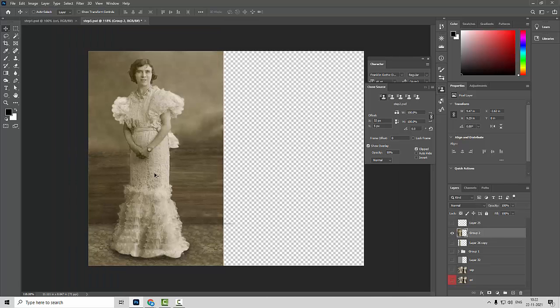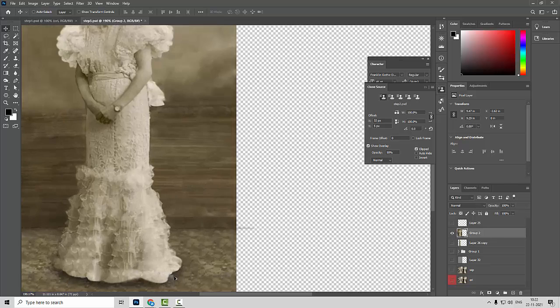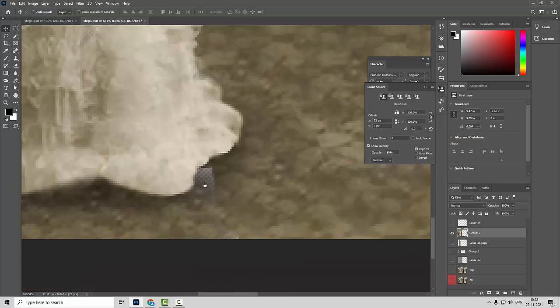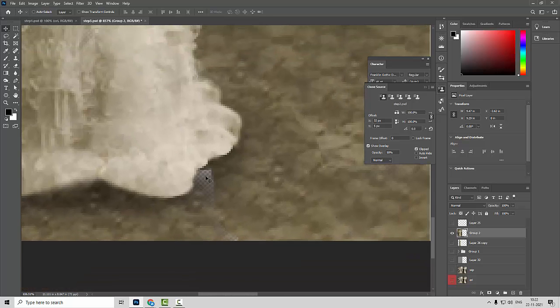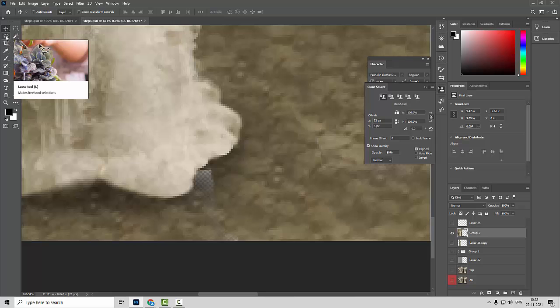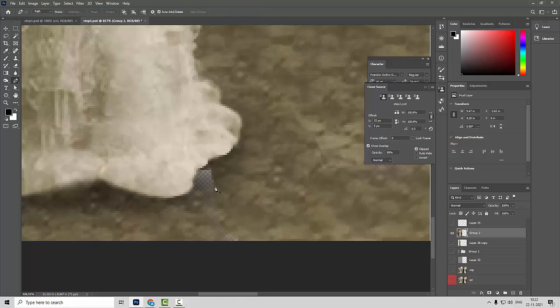Okay, on that one layer we are going to arrange these textures. So I'll select my pen tool, or you can select the lasso tool also. I'll select the pen tool, something like this, something like here, and this area I forgot to paint. Okay, then press Ctrl T, and I'm going to press S and select these textures only.